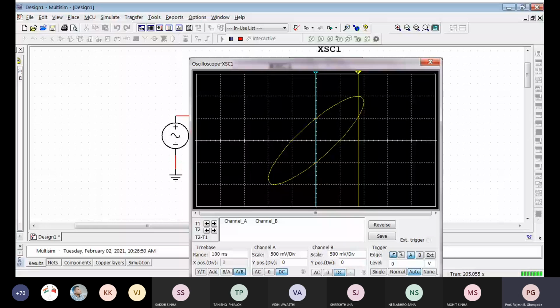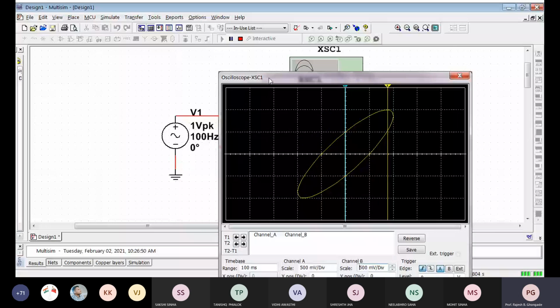Am I audible? Sir, 30 degrees. 30 degrees. So you have found out a very nice way of computing the phase difference. This is very, very interesting. So now, is it possible for you to calculate the phase difference between two signals? Yes or no? Okay. Now, always call this B, call this A.